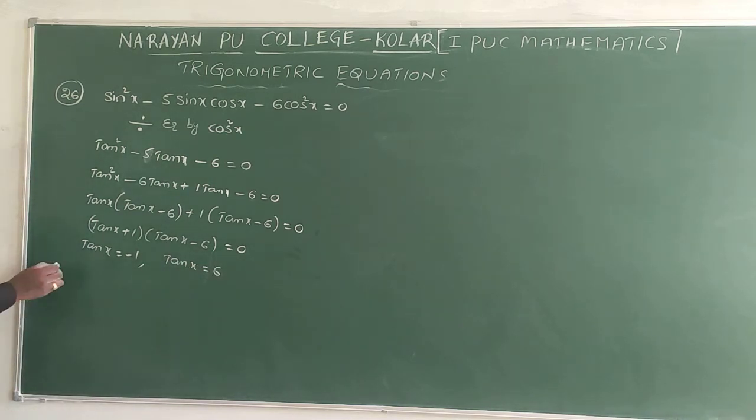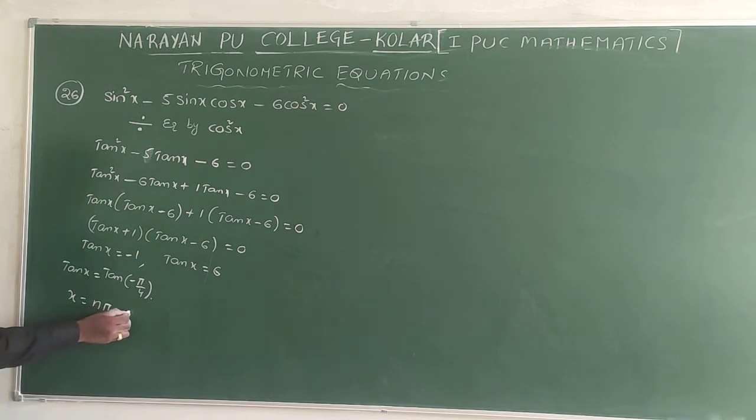Now, tan x is equal to minus 1, I can write as tan of minus 45. Now, if tan x is equal to tan y, the general solution is x is equal to n pi plus alpha, or y. What is the value here? Minus pi by 4. Or you can write plus or minus. You see the option? A minus is given, that is okay. This is 1.